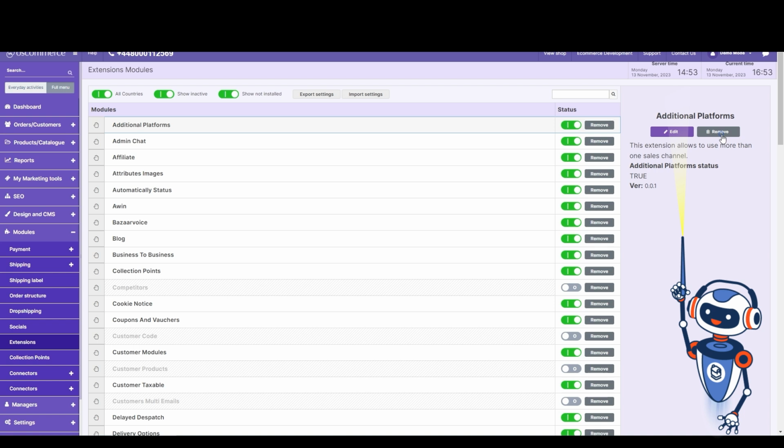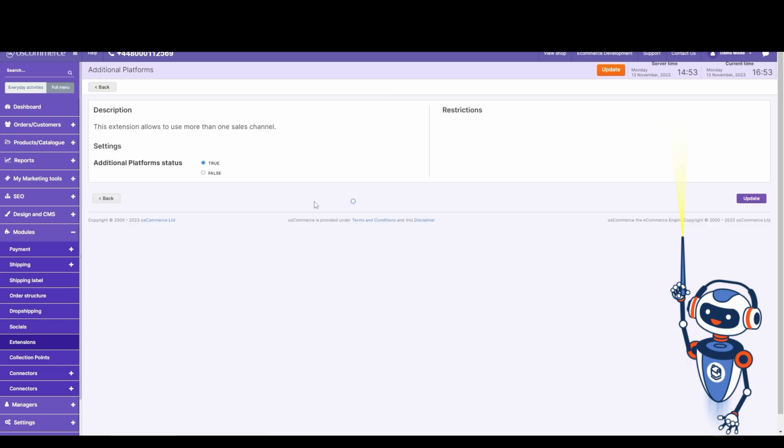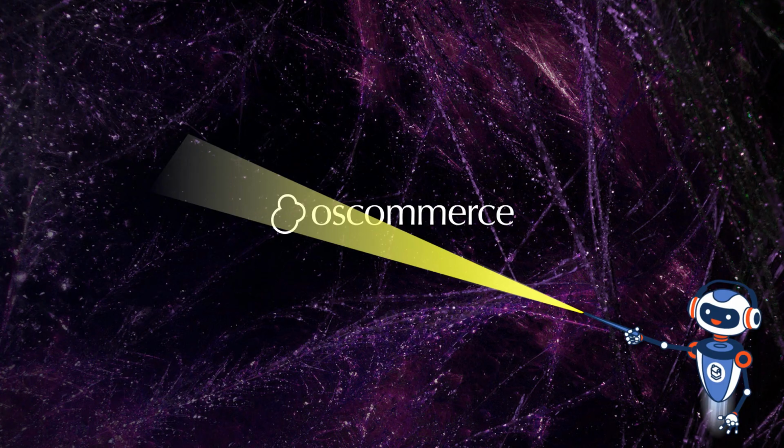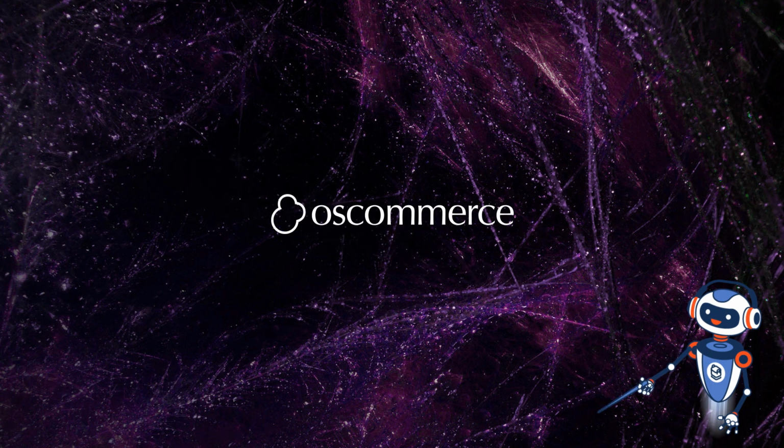To enable or disable an extension individually, click on the Edit button and choose the required status for the selected extension. Effectively managing extensions allows you to create a website that goes beyond expectations, providing users with a personalized and